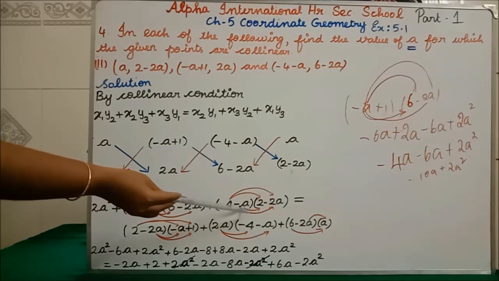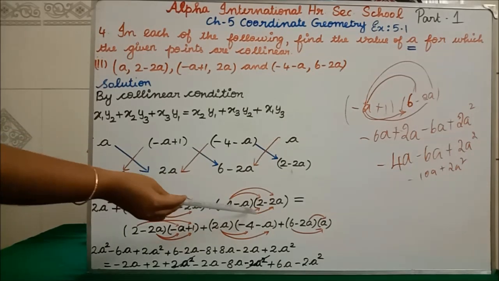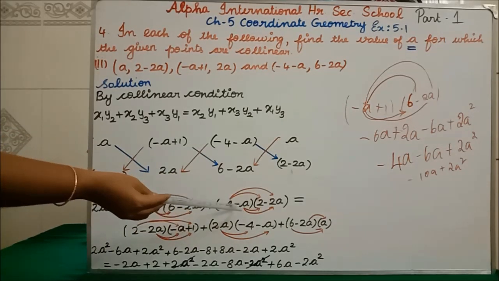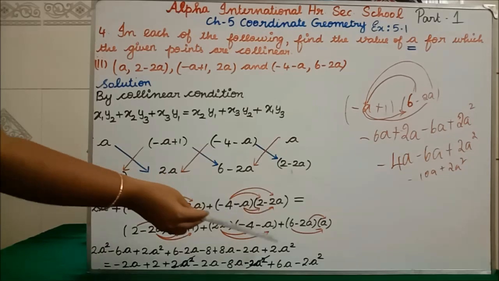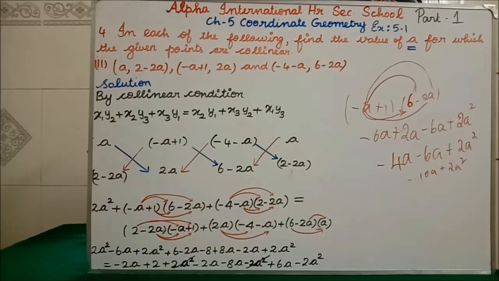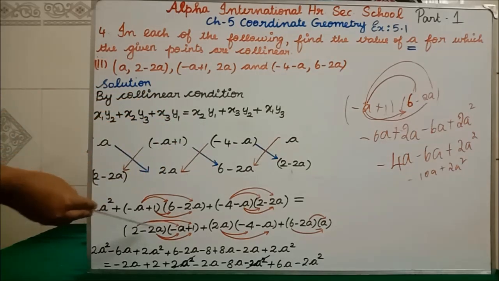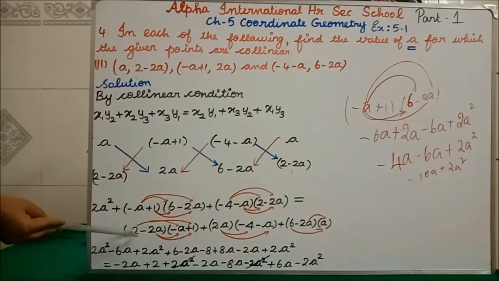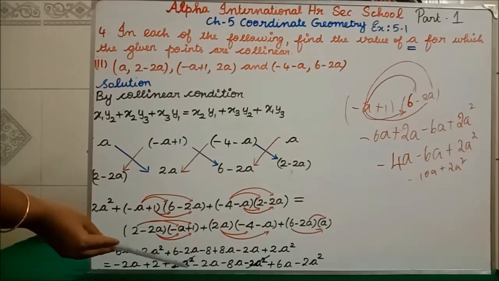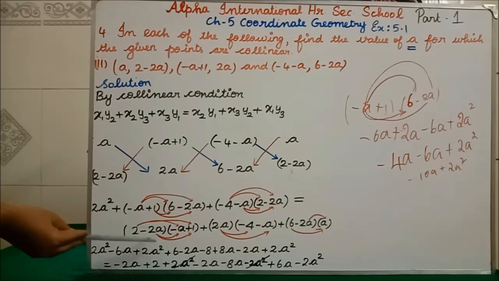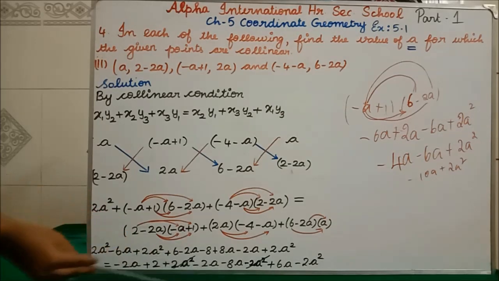This a you have to take now. We have to multiply with 2. Minus a into 2 is minus a... minus 2a. Minus into minus is plus 2a square. Okay, since I don't have space, students, in your class work you are going to write continuously. Since that side I have to write, so I have written in the down. Now equal to, my 2 into minus a is minus 2a. 2 into 1 is 2. Minus 2a into minus a is plus 2a square. Minus 2a into 1 is minus 2a.